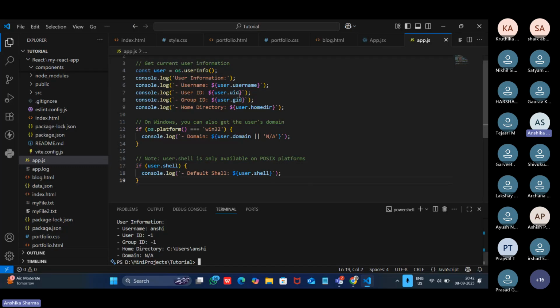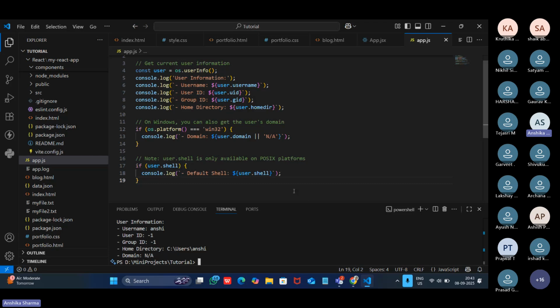Okay. In case you are wondering why we are getting the user ID and group ID as -1: if you are on Windows, then automatically the default value for user ID and group ID will be -1. The only valid values for user ID and group ID come if you are using macOS or a POSIX system.